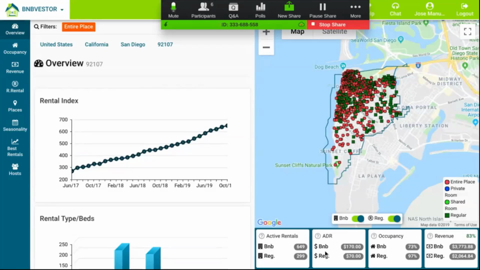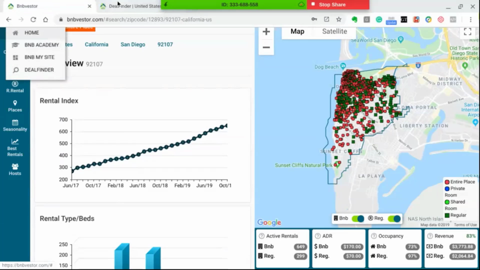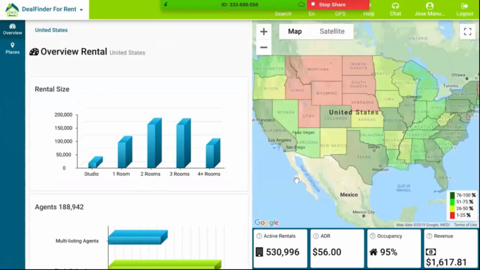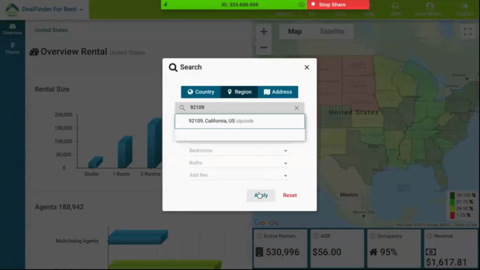Basically, that's what I want to do. And the best way to do it would be like this. First, as you can see, we have not only the option to make all of the searches, but another part of the system that is called Dealfinder. I already have it open here. Let's check it out. I'm going to look for the zip code that we were talking about. It was 92, if I'm not mistaken.